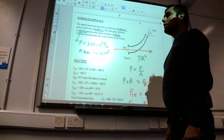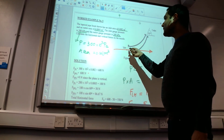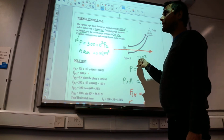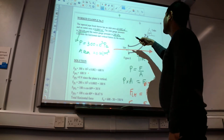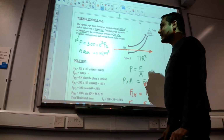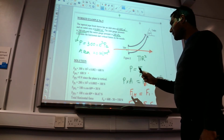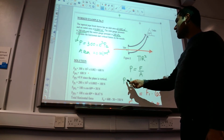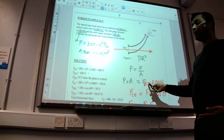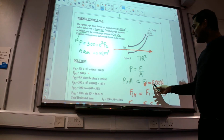Now, sometimes the diameter is given. If diameter is given, find the area by using the formula pi r squared. But in that case, you straight away got the area, and you do the same here. Now, the next thing is, you know the formula, pressure equals force over area. So force equals pressure times area. I put Fi. I stands for inlet. Inlet, outlet. And the inlet force,